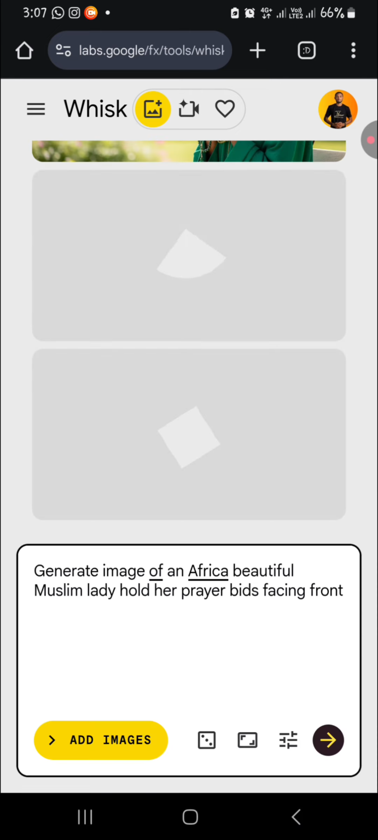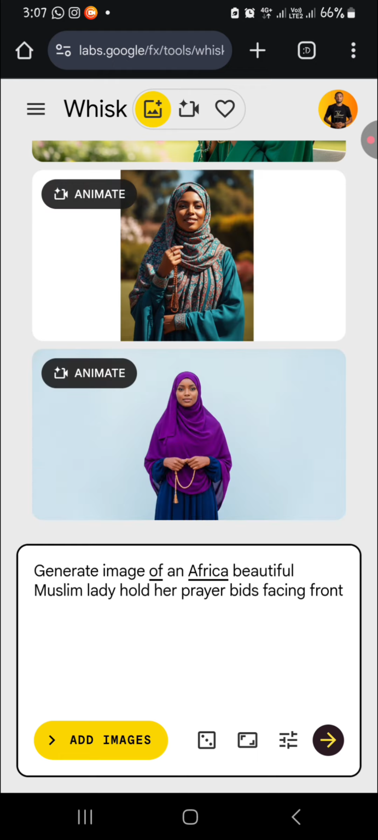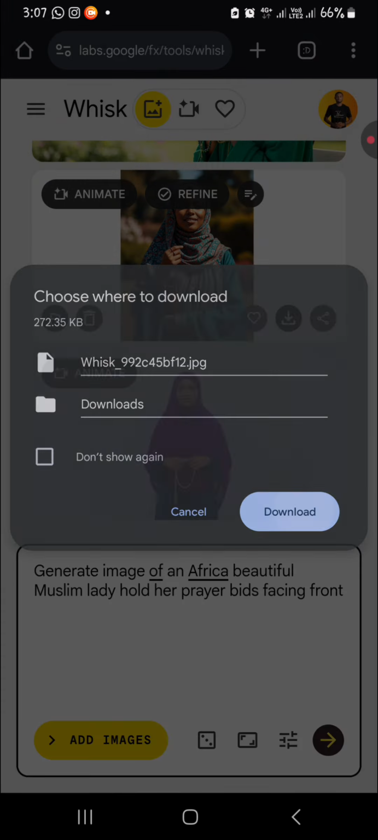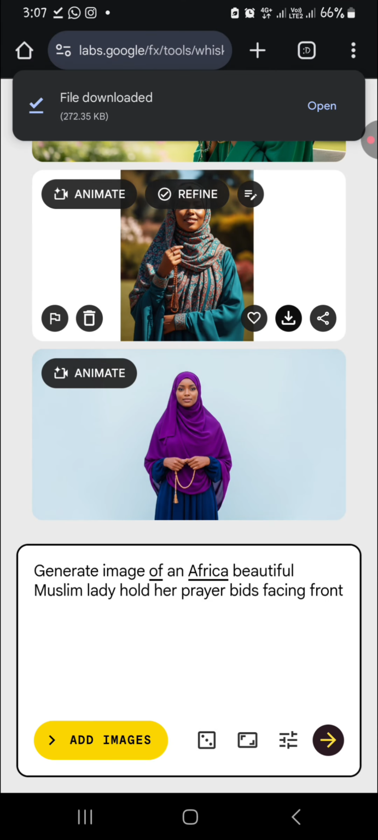Let me see what this is going to give me. So you can see this. Now if you're downloading this one, you click on the download button here. You can tell it to generate multiple, and then you get to select which one you want to work with. So I have downloaded this image, and then here on my Canva,